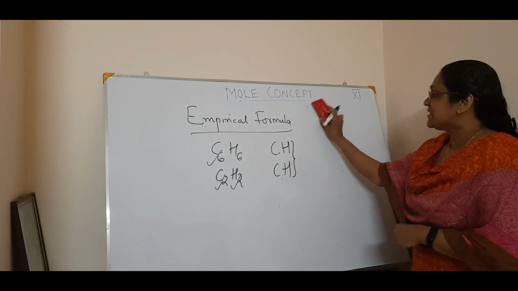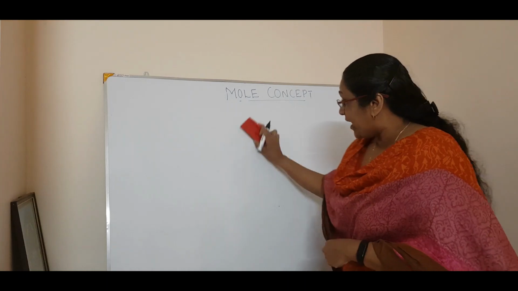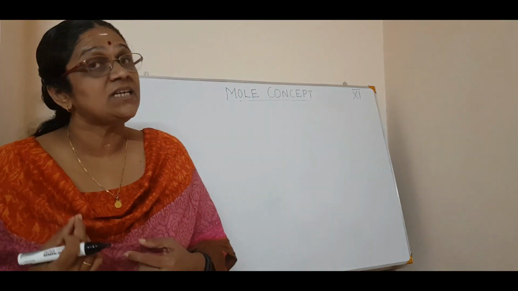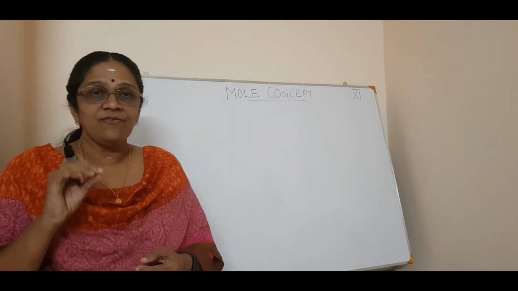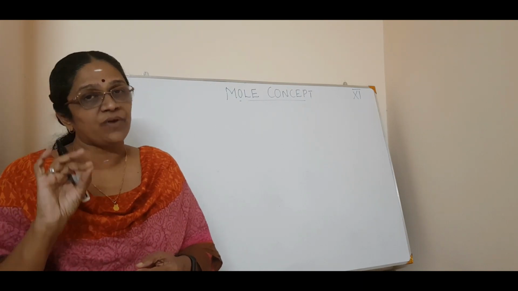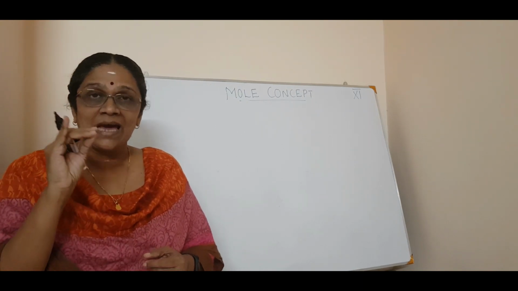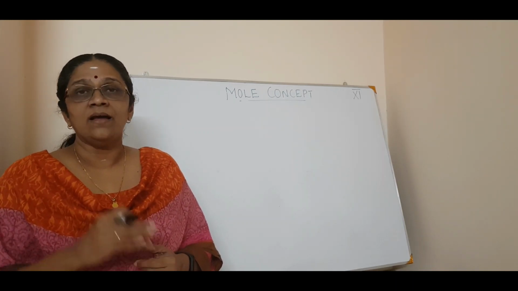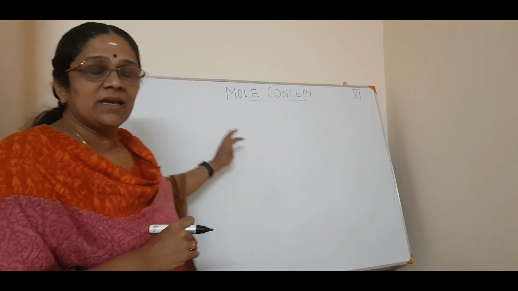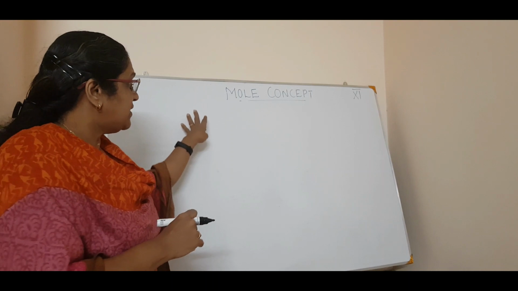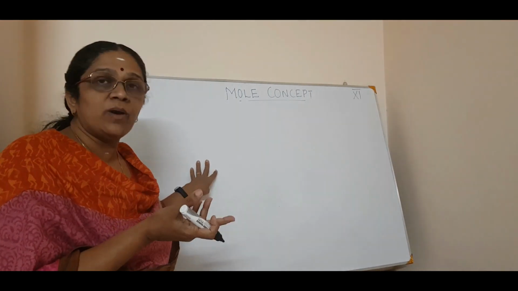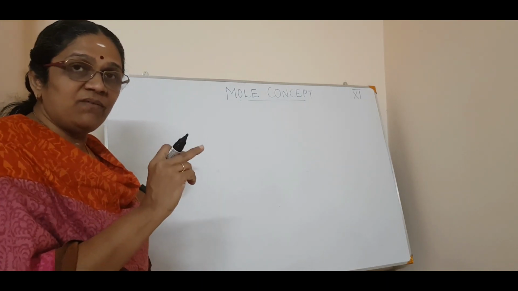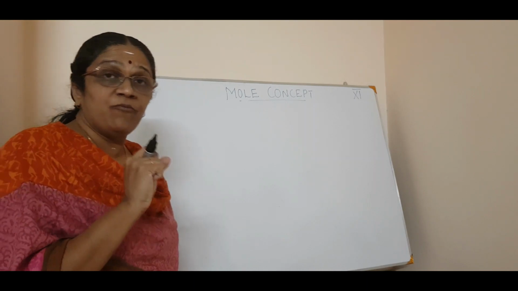Now, what you have in your textbook or syllabus is to find the empirical formula. If you are given the mass percentage of a compound, how will you calculate the empirical formula? Okay, how to calculate the empirical formula? Now there are 3 or 4 steps for it. We will see the steps today and we will do a problem tomorrow. Okay. In the next session, we will see a problem. So, today we will see what the steps are in order to find out the empirical formula.